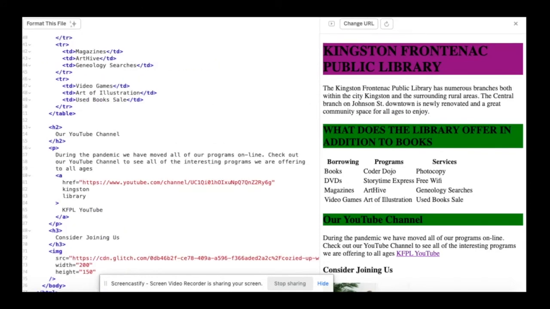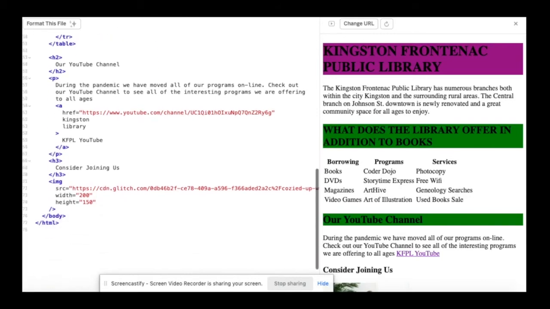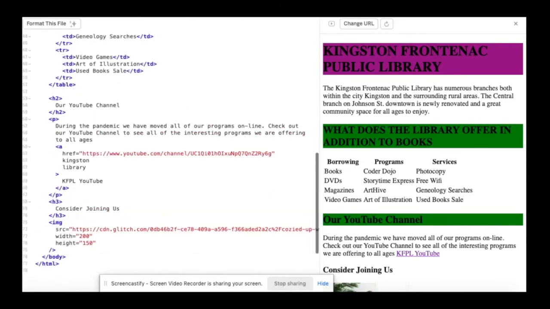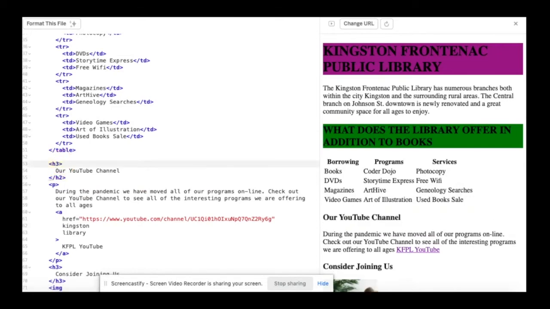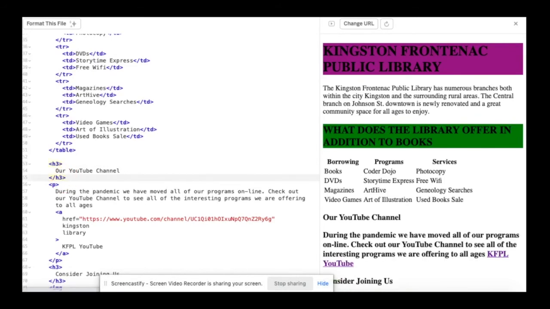I have two H2 lines, which I didn't even realize. I'm going to change this line here to an H3. Change the closing tag as well, H3.